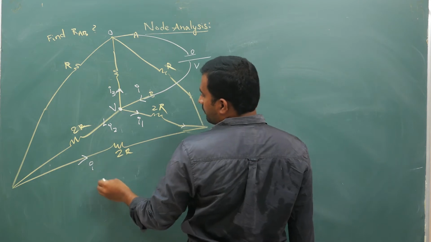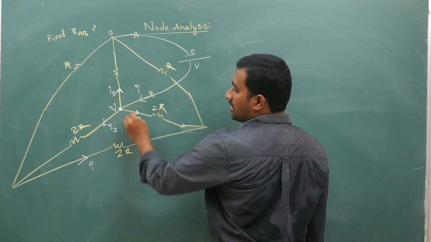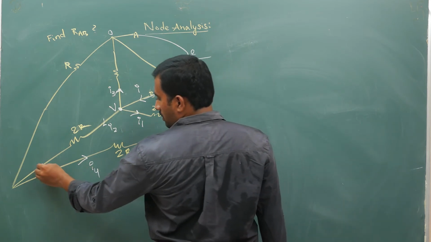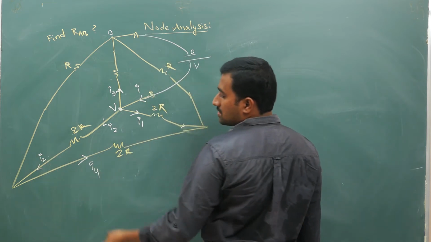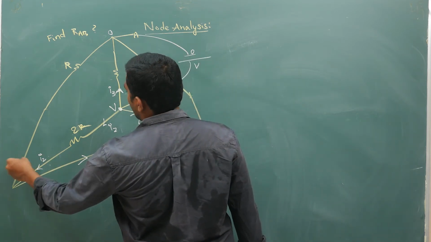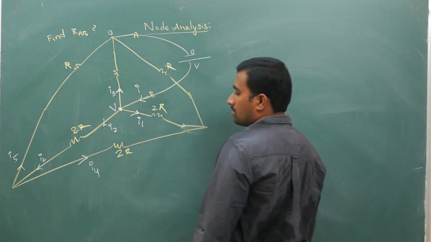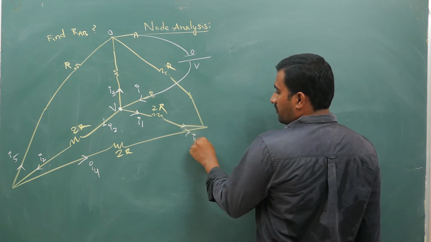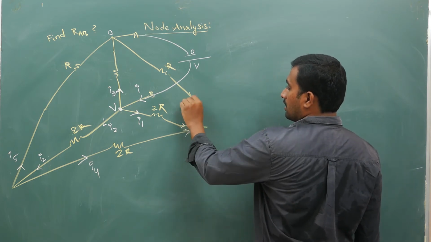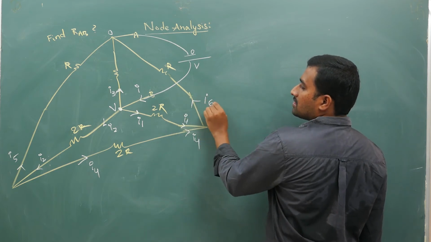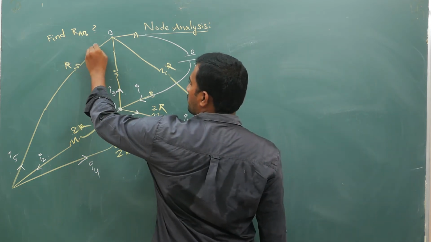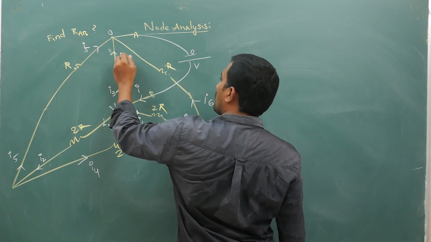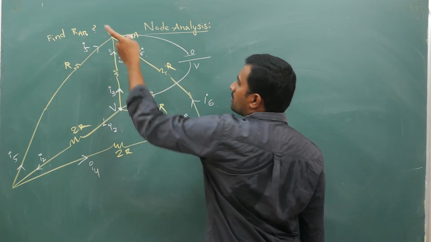So let us say I1, I2, I3, three connections are there at this node, this is I4. I2 current is entering here, this is I4. Now let us say this is I5. Next, at this point your I4 and I1 will combine and let us say it is giving us I6, and at this point you have I5 combining with I3 and I6 as well, everything together once again it will give you I.